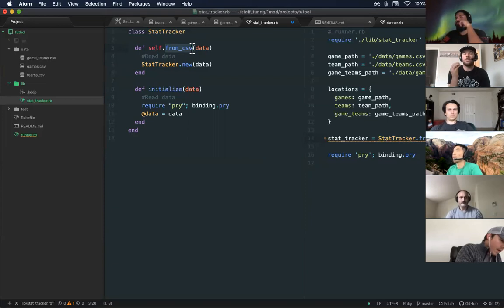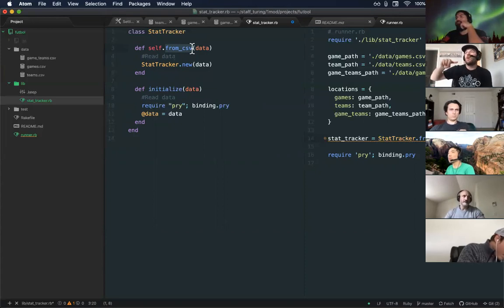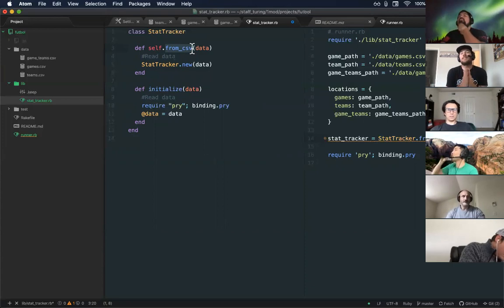So it is likely that you will need to use the CSV class to read this data in a way that makes sense, and it'll also be likely that you have to create some other classes that will create objects of themselves in order to read in this data line by line and give yourself a way to then not just read the data, but use the data in a way that makes sense with Ruby objects, right?